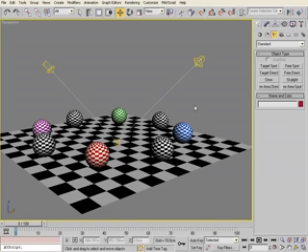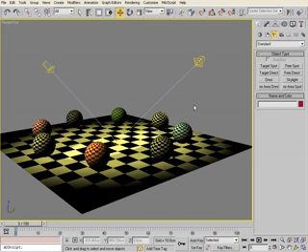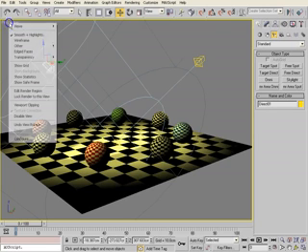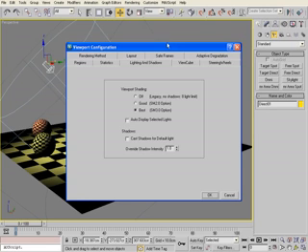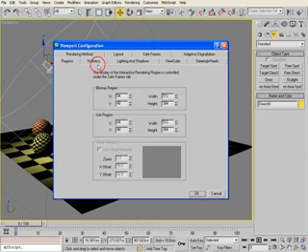If I just use Control L, that switches the default lighting off and it uses the lights that are in the scene. And if we right click on our view heading again, come down to configure, we've got lighting and shadows as part of this